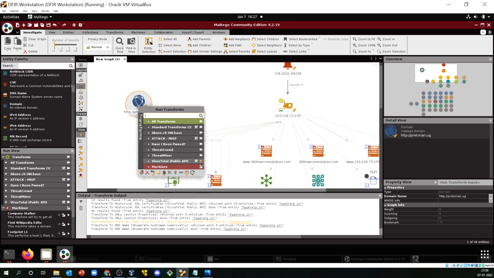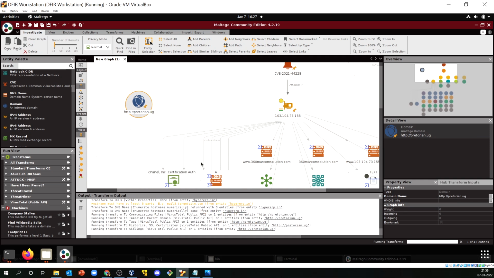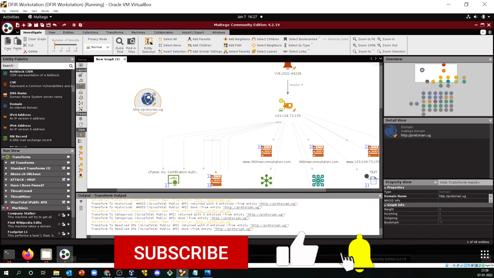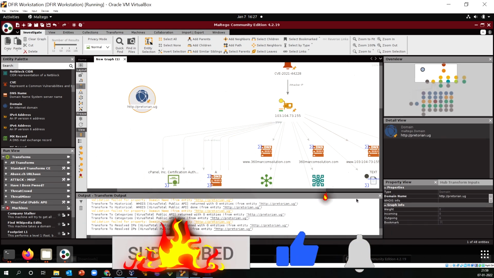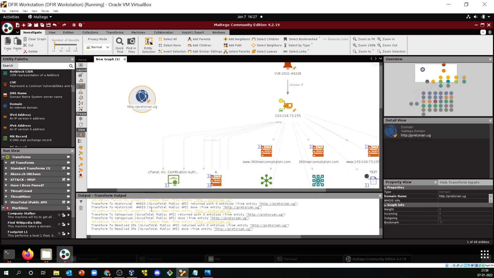So what we can do, we can quickly create a public scan on VirusTotal just to see whether we have anything interesting going on over here. Okay, in VirusTotal, I believe there is nothing, no information has been provided. So the VirusTotal API scan is done. That means this particular domain as such is not a malicious domain.